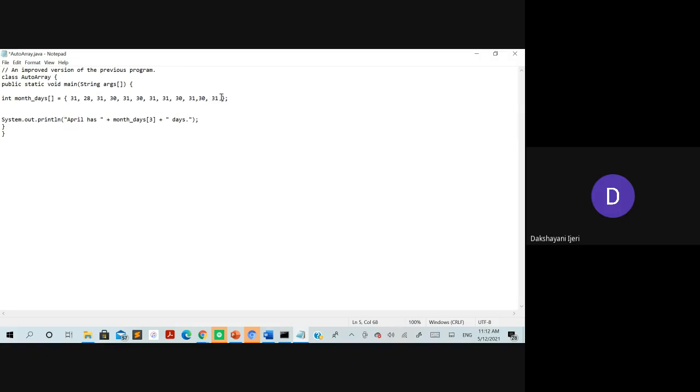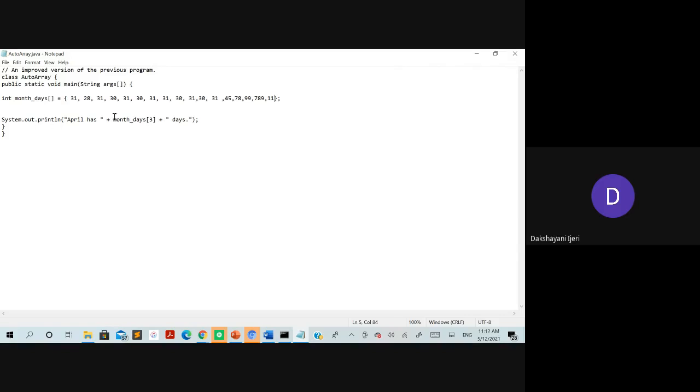Suppose I include more values here, any other values, then depending upon the number of elements that you take into this curly bracket, that many elements will be considered as the size of this array. This is what you were asking, right? Yes, ma'am. Okay, is it clear? Yes, ma'am. Okay.